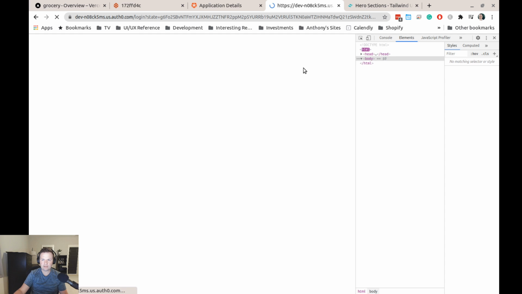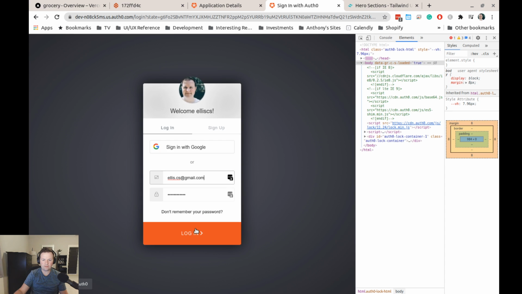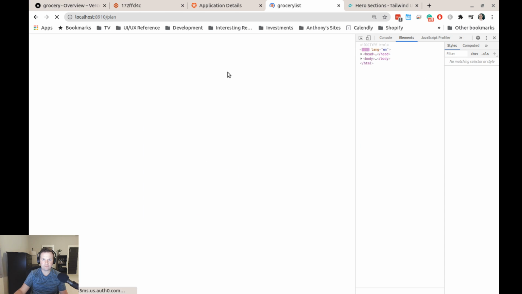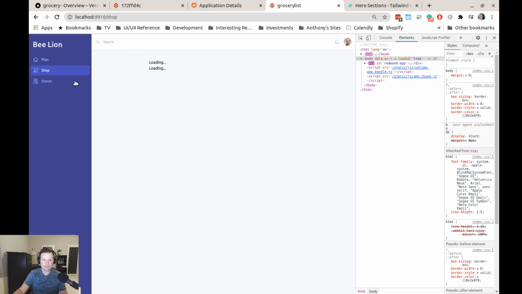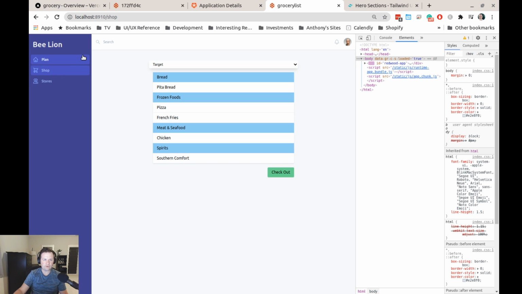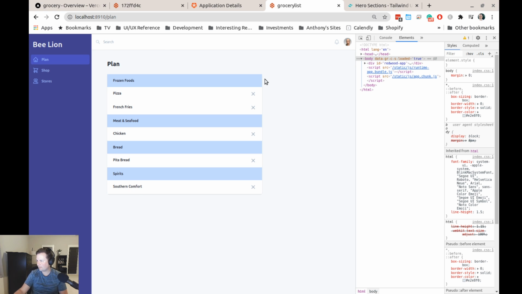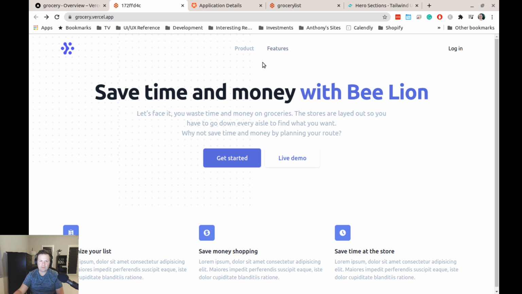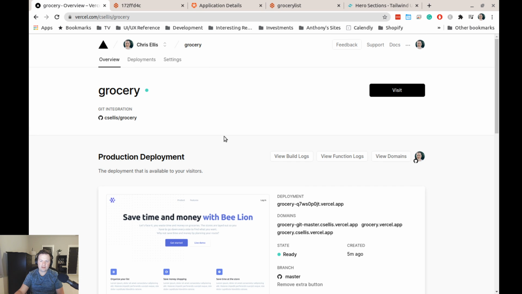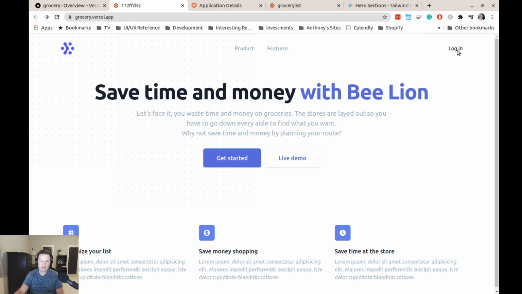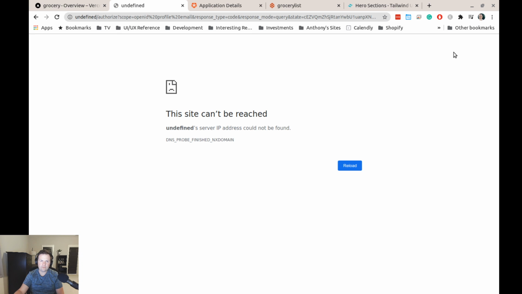So we figured out how to log in on the dev. So this is the list. I actually had to do another nuclear option with it where I deleted everything. But now, the whole reason that we were doing that is because we switched over to Vercel for the hosting, and now I'm trying to sort out how to do this login on Vercel, and what it's getting is this undefined authorized